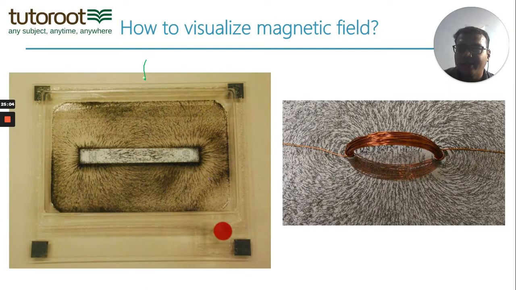Now here you can see a bar magnet. We had seen how the magnetic fields come out from the North Pole and go to the South Pole. You can see that the iron filings demonstrate exactly the same thing. You can see patterns coming out from here and going towards the south. Not only that, even within the magnet, you can see straight lines between the north and south. That means magnetic field lines are passing through the magnet also, from the south pole to the north pole. The directions are very important to remember. Lines come out at the north pole, get back into the south pole, and inside the magnet they keep traveling from south to the north pole.